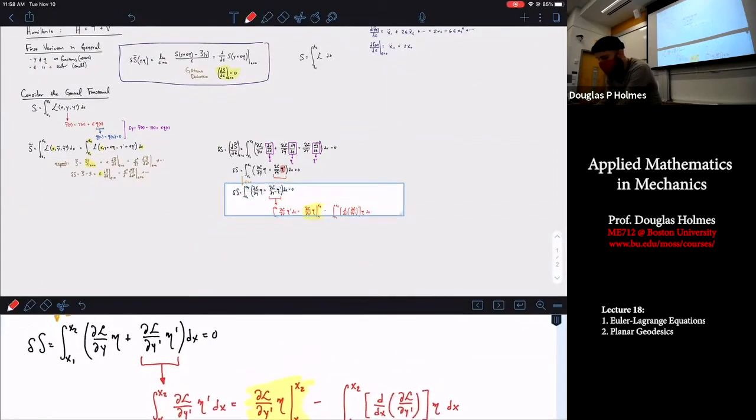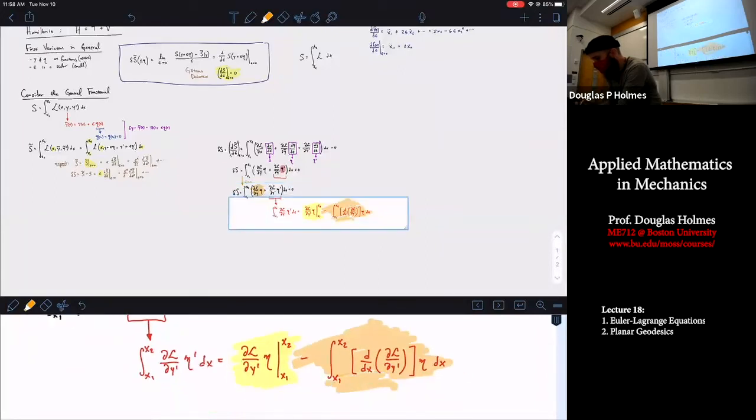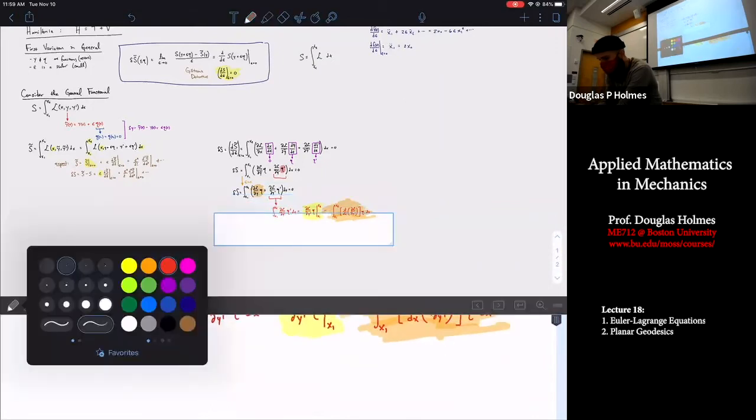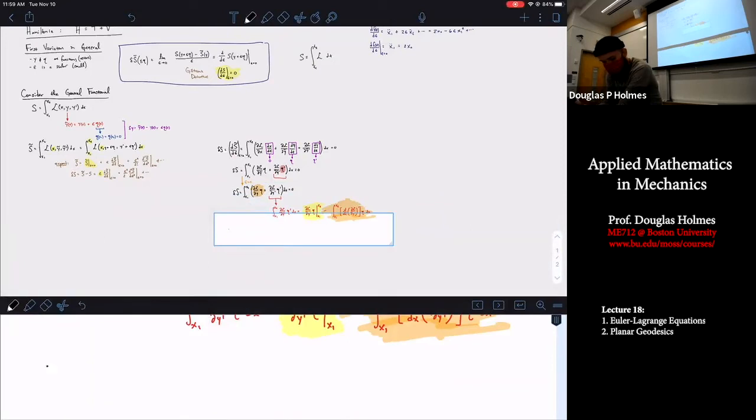And so we can put all this back together. This term stays the same here. Nothing has to happen here. So we just take this term and add to it this term. And what we arrive at is that the first variation in S, evaluated from x1 to x2, is going to look like the derivative of your Lagrangian with respect to y minus d by dx of the derivative of your Lagrangian with respect to y prime, times eta